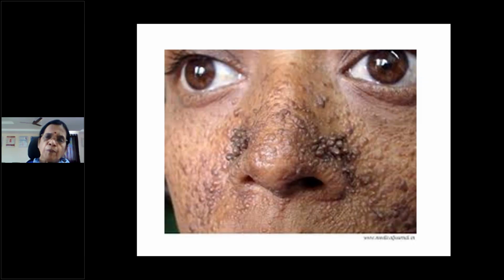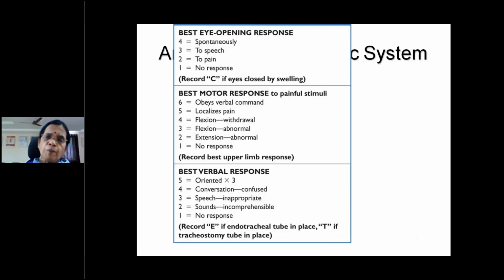So this is called adenoma sebaceum. This is one of the signs of tuberous sclerosis, where the child, or even an adolescent, can come with an epileptic attack. So that is adenoma sebaceum, which is important. Now, on the general examination, if the patient is unconscious, conscious means you can write conscious,